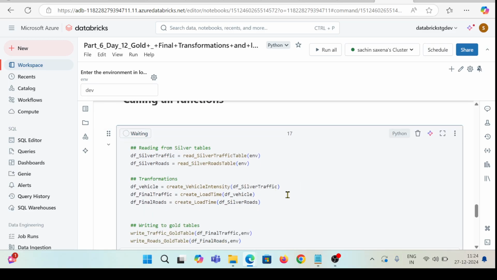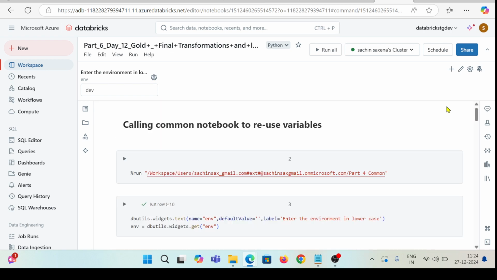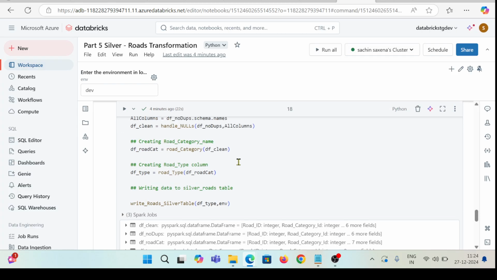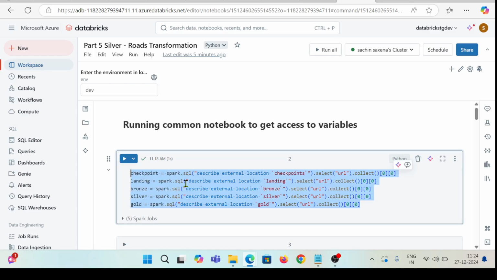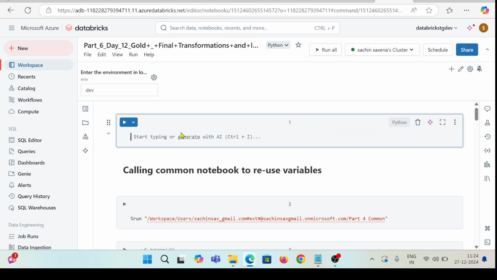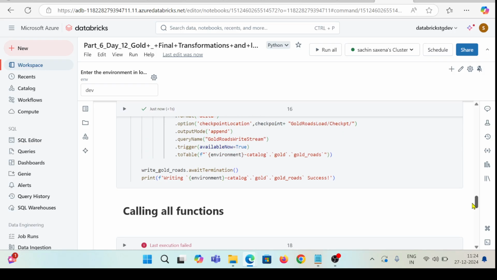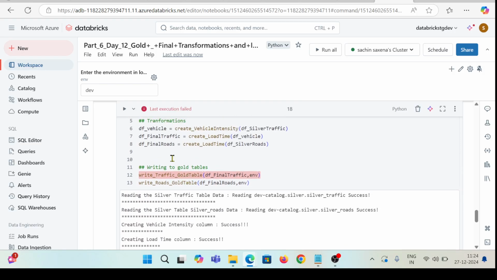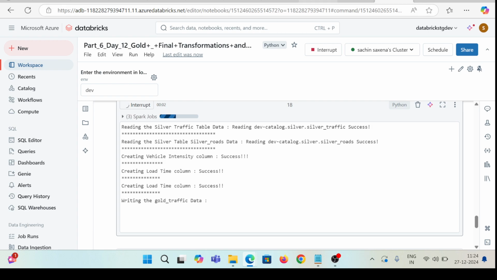If you are finding any error, it might be just because of this data table. If you go back here, you can see this would be enabling my other parts. What is the part here? I'm missing these checkpoints. I'll have to make sure these checkpoints are also here. So I'm going to run this cell, and once we have created this part, I'm going to create this cell again so that I have these checkpoints. And now I'm going to write gold traffic data into my traffic